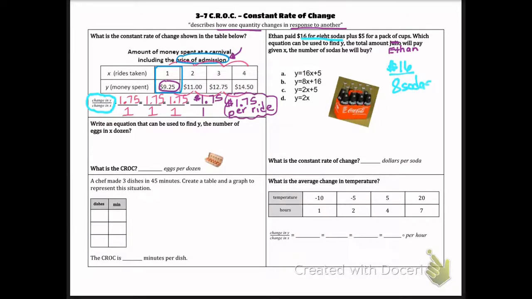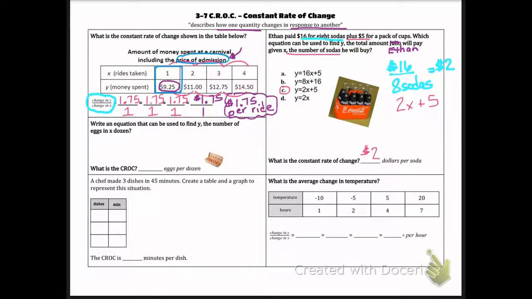So if we do 16 divided by 8, we can see that that is $2 per soda, which means I know that 2x will be somewhere in the equation, and x is going to be your number of sodas. So if it's $2 a soda, you would do 2 times x plus $5 for a pack of cups. So the equation would be C, y equals 2x plus 5. So our constant rate of change here